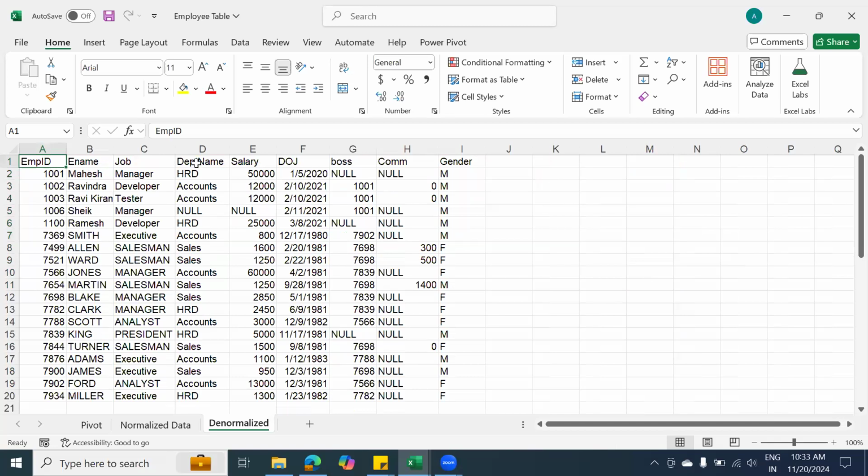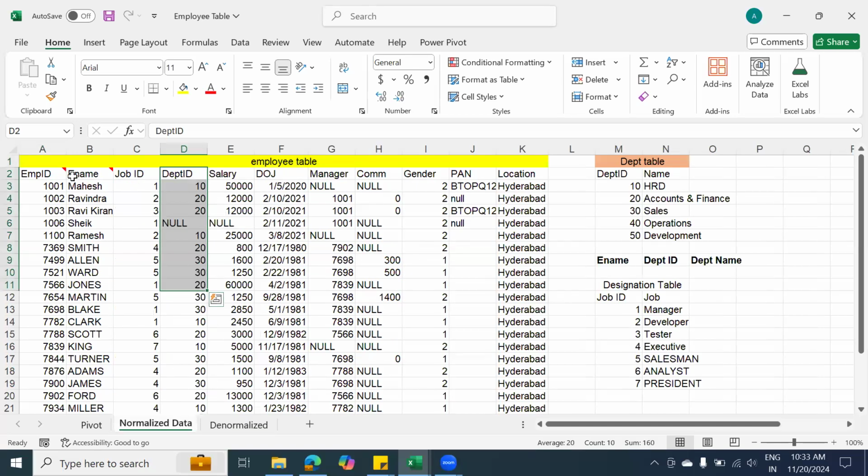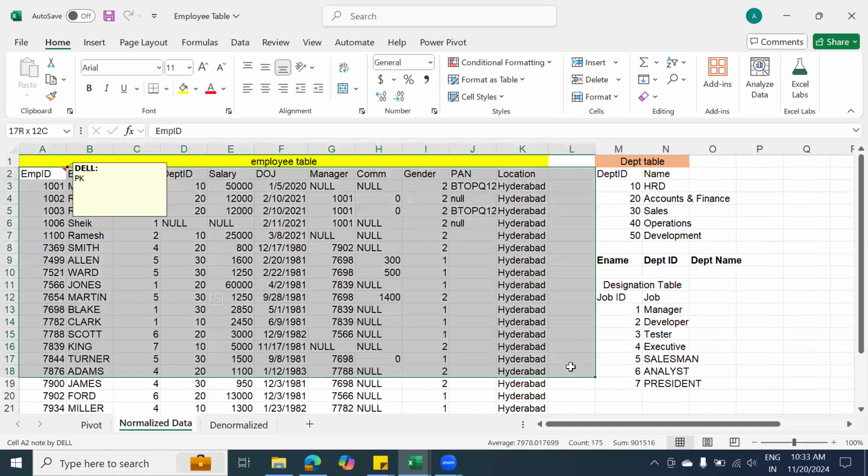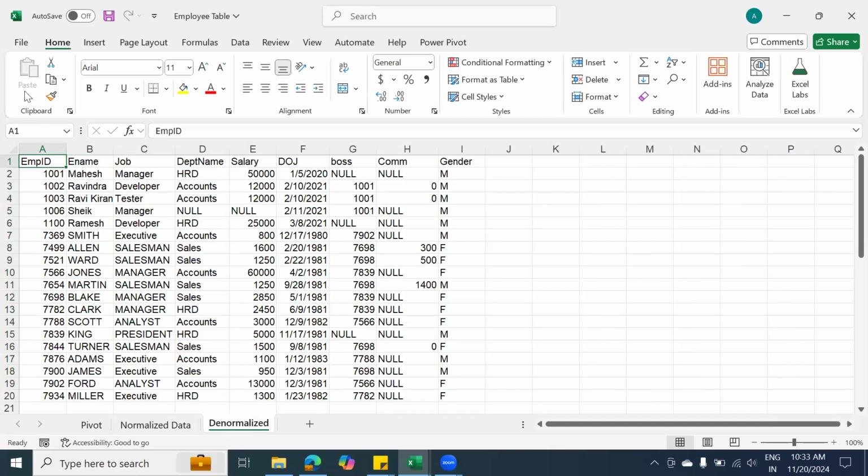If you see this, we have department name and designation name here. So now, if you want to do a transaction, guys, we use normalized data. And if you want to prepare a report for reporting purposes, we use denormalized data. For transaction purposes, we use normalized data.